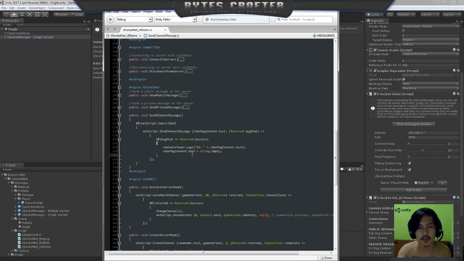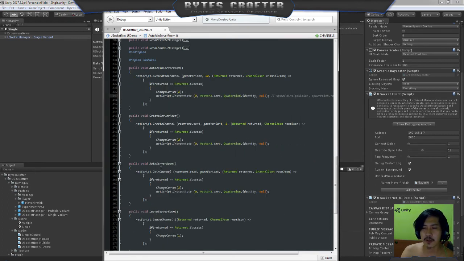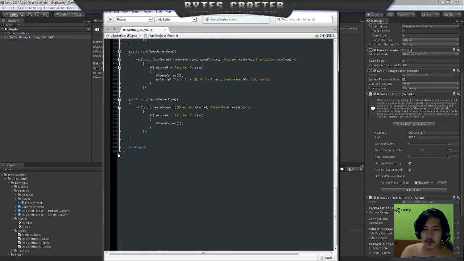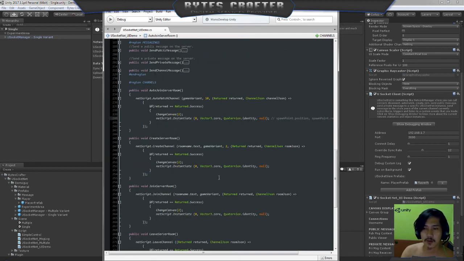So that is a very broad, neat example of this callback. That's why I prioritized that implementation. So the next thing is how to join a channel, how to create a channel, how to auto match, for example. So basically it's a simple line of code. As you can see, we only use 280 lines in making this simple third-person game.